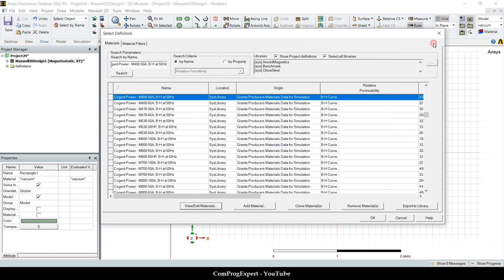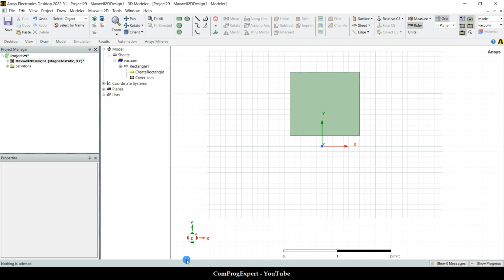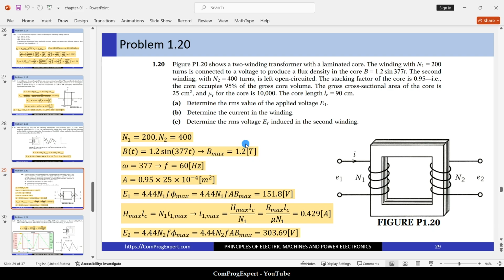Anyway, this was just a short introduction about the grades, what is the stacking factor, why we use a laminated core, and why we use coating between laminations to reduce eddy currents, and so on. More details are available in the next chapter when we discuss transformers. Okay, so you can read the next chapter, and this is the topic of the next chapter. Anyway, the